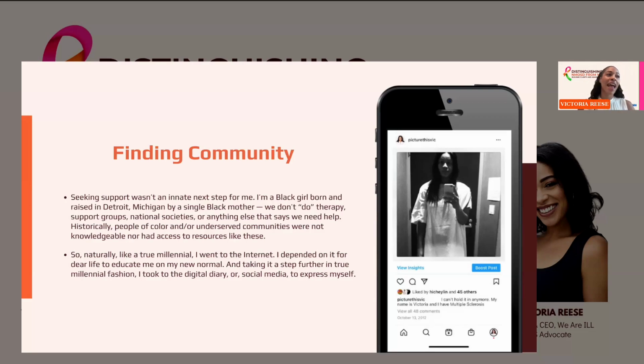And I know that the Black community, we're not a monolith by any means, but I do know that we are just now kind of jumping on board with mental health and seeking therapy and removing the stigma that comes with it. So I didn't seek any of that when I got this diagnosis of an incurable disease at 25. I had just moved 3,000 miles away from my family, and I was dealing with this by myself in LA.